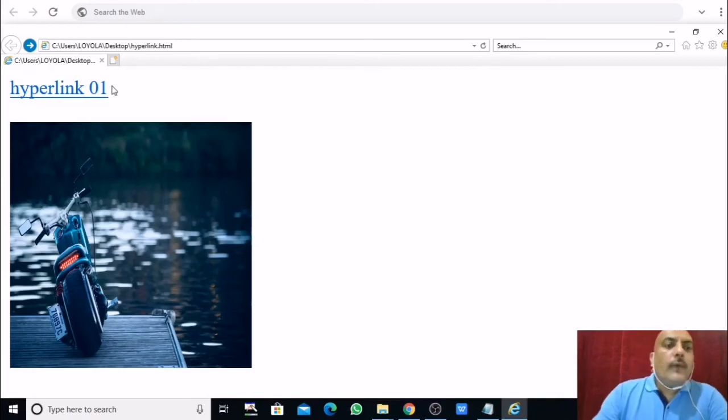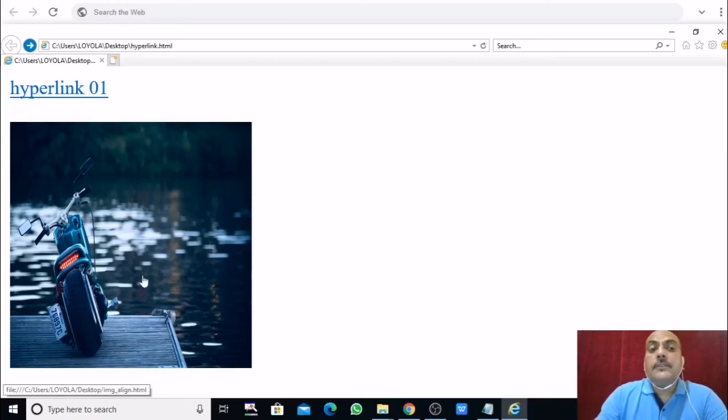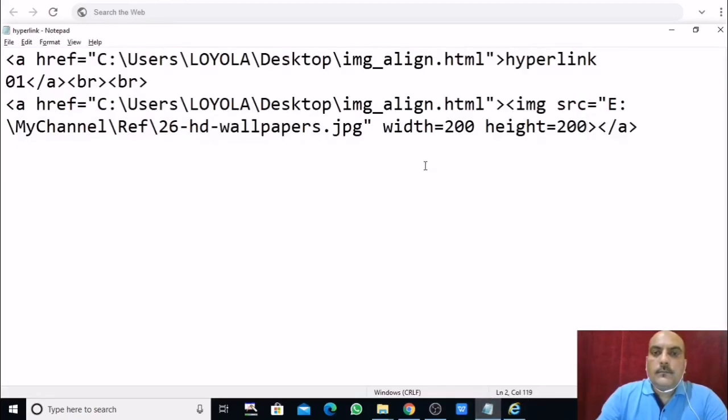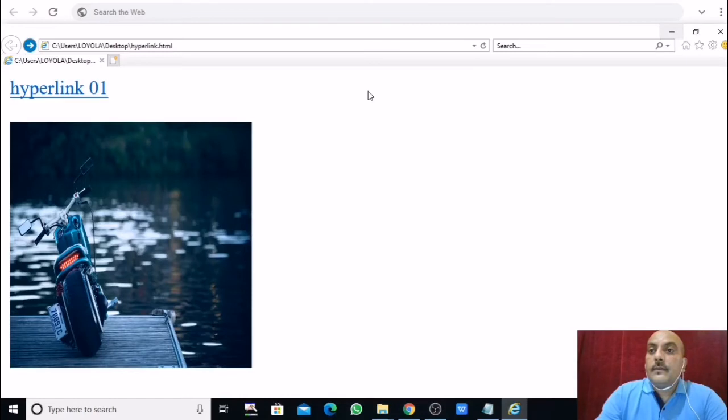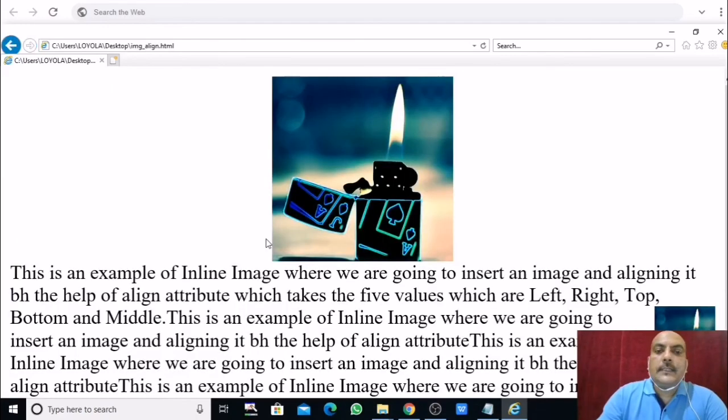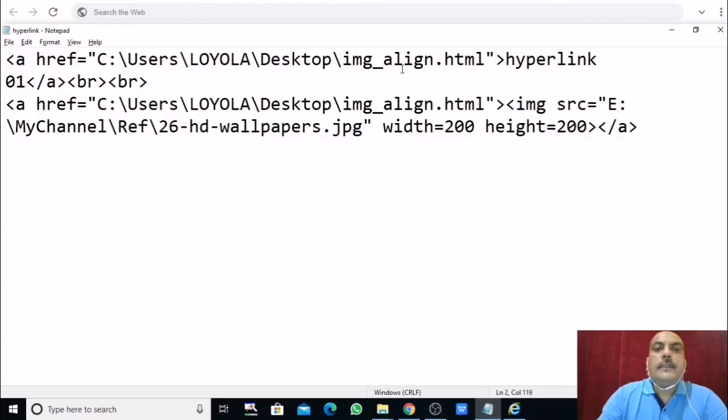See here, one is hyperlink, the pointer is appearing, and one is this image. Again on this image, the pointer is appearing. That means this image is also given a hyperlink and this text is also given a hyperlink. Now what happened? In the first situation, hyperlink 1, there is one text, and when we click on this text, it takes us to this file which is given over here.